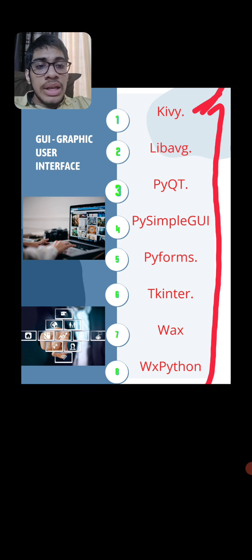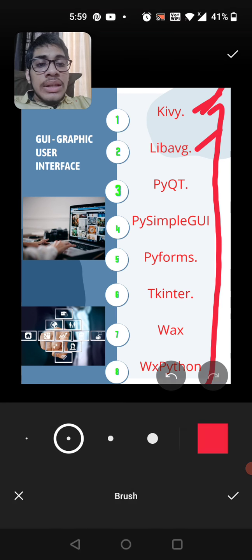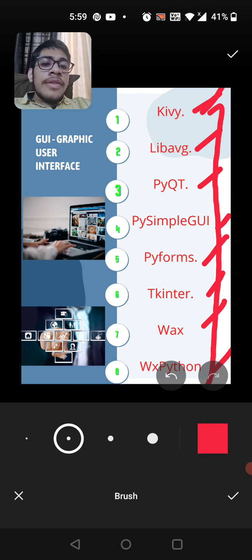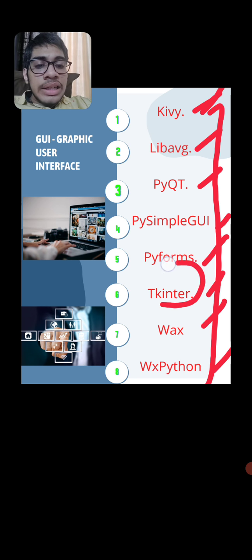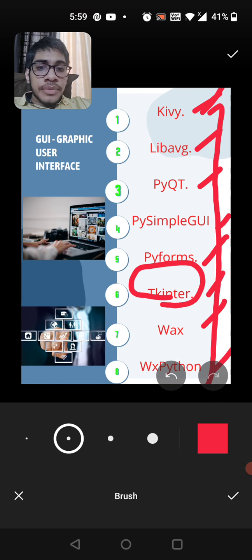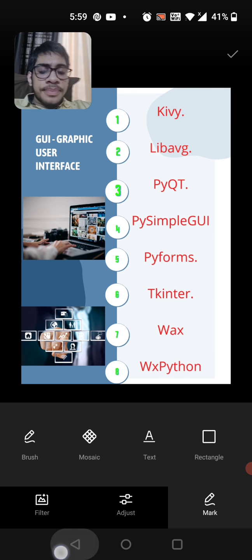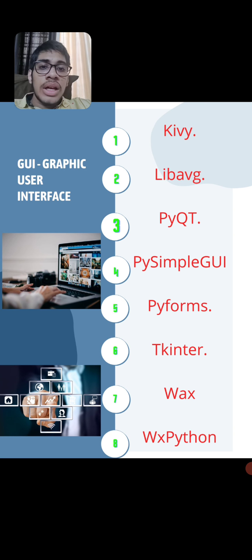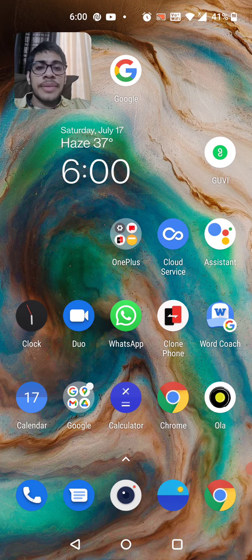First is Kivy, second is Libavg, third is PyQt, PySimpleGUI, PyForms, Tkinter, Wax, and wxPython. From all these, Tkinter is what we are going to start with in the coming videos. So what is Tkinter? It's a module through which you can make GUI programs.